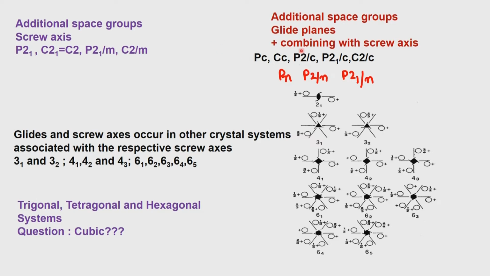Then, in addition to that, can you have Cn? Can you have C2 by m? Can you have C2 by c? We have to add those. We have already added C2 by c here. Can you have C2 by n? These are things which you have to explore yourself at home, and you will see that those possibilities are already incorporated into the space groups here, except that it depends upon how you do the additions.